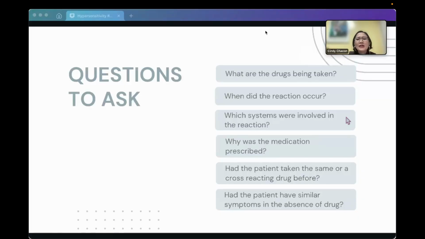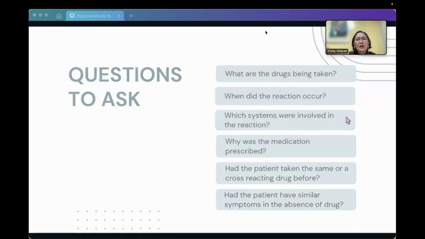The history will guide you in the choice of diagnostic tests and whether it may be safe to reintroduce a medication or not. The most important components of the allergy history are the following. Number one, what are the drugs being taken? Go as specific as the name of the medication, because trust me, a lot would really not know. Get a list of everything that they have, from new drugs being taken, their maintenance medications, their vitamins, their supplements, and even their herbal medications.